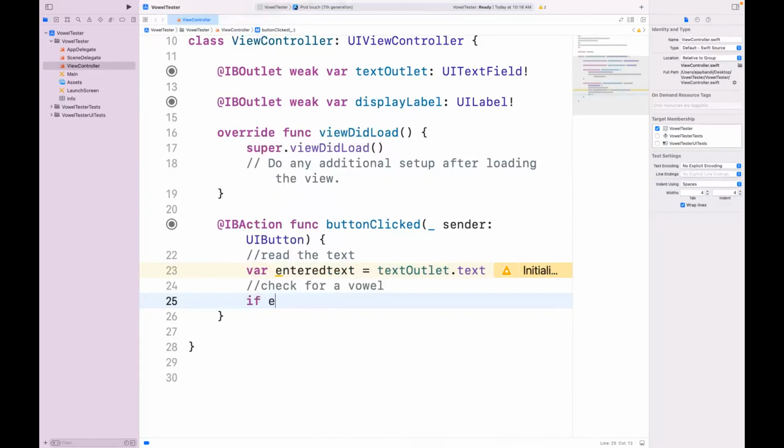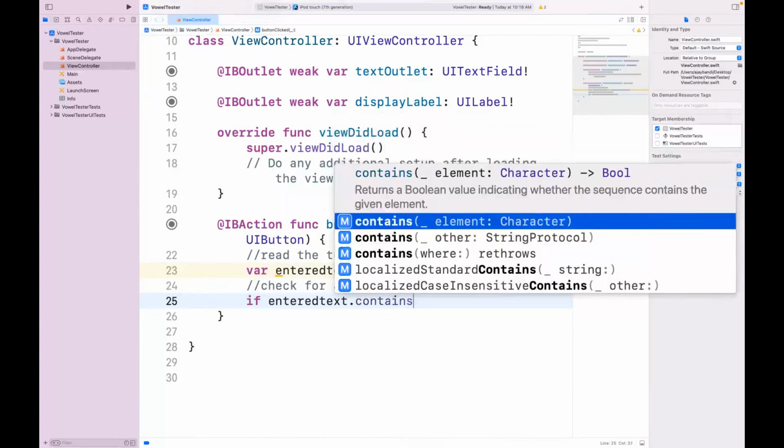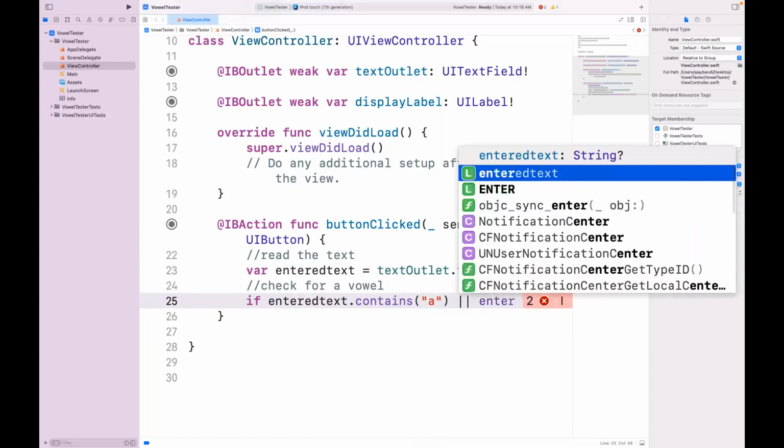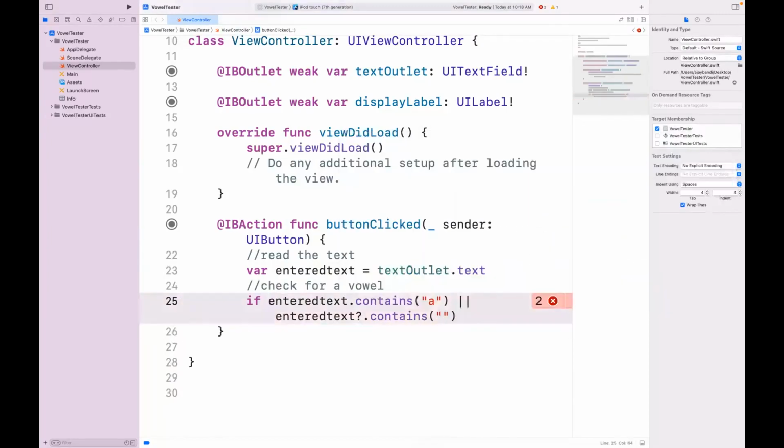If enter text dot contains, enter text contains an A, or enter text dot contains E,